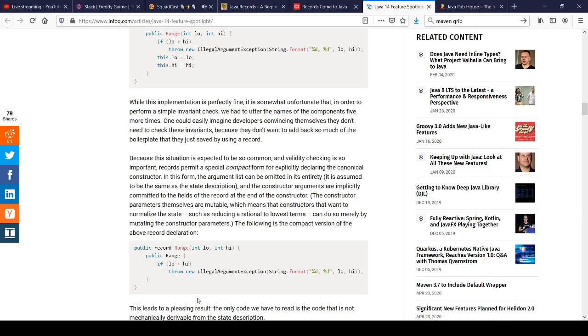It's almost like you're repeating the same thing over again inside. And then when you open the curly brackets, you can do if low is more than high, throw IllegalArgumentException. So this way you can essentially prevent bad records from being created.